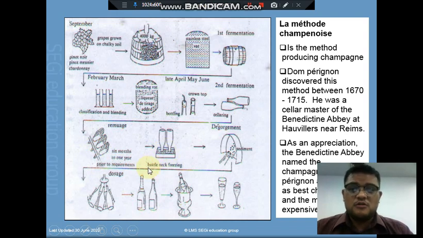frozen. We call it bottleneck freezing, in which you freeze all the sediment to the cork, and then you go for degorgement. Degorgement means you will remove the cork and also the sediment too. You will remove the sediment because sediment has a bitter taste. They call it degorgement, and then they will go into the process of dosage of sparkling wine. Dosage means you will add some amount of sugar to add some sweetness into the sparkling wine, and then bottle,